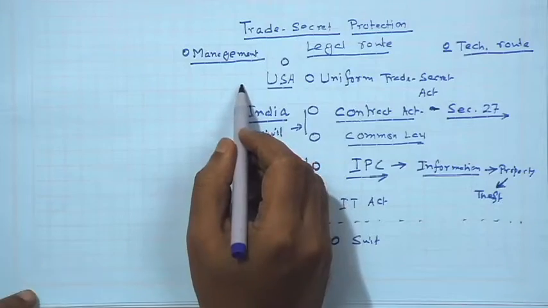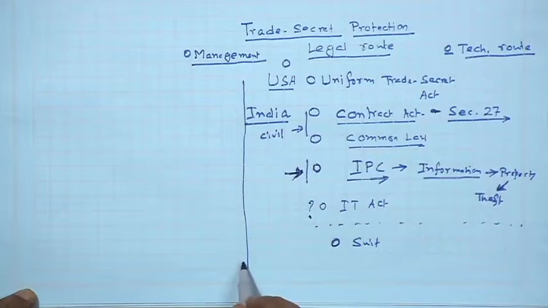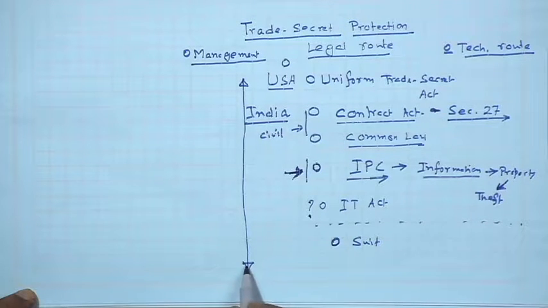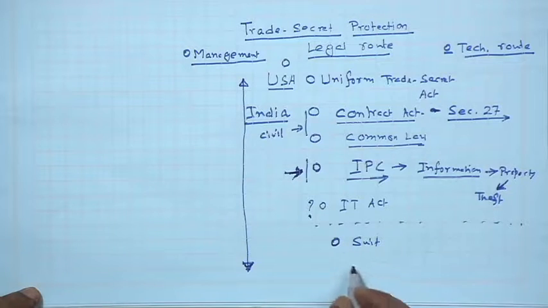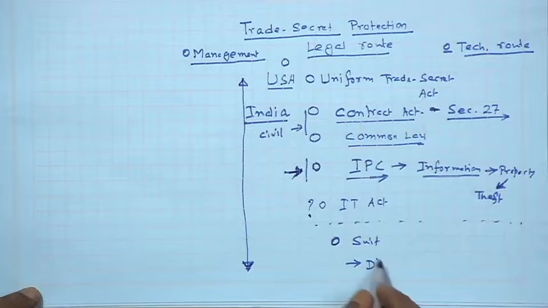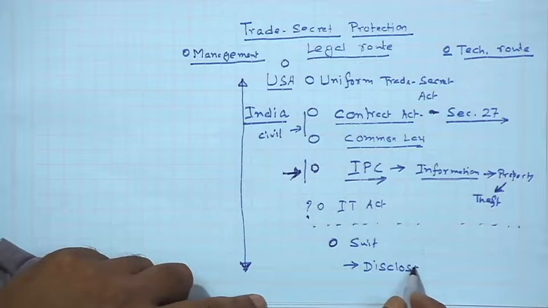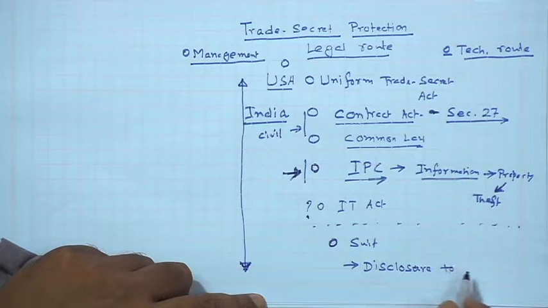So, the trade secret is an important parameter in respect of legal and litigation aspects. These are the legal routes you may think about for enforcement of trade secrets, and I will try to mention what other issues are coming up in respect of enforcement, such as disclosure to an attorney.